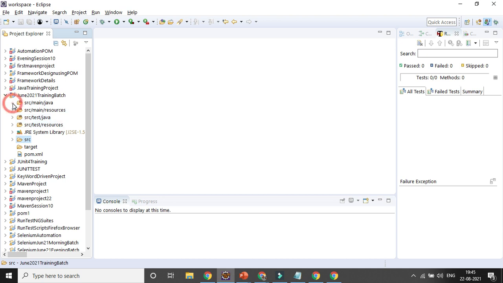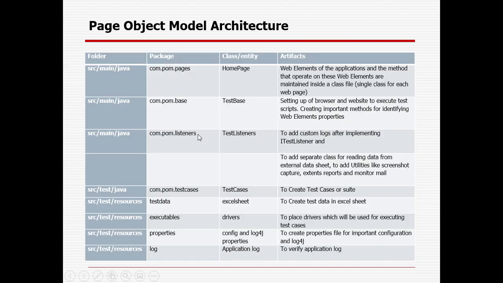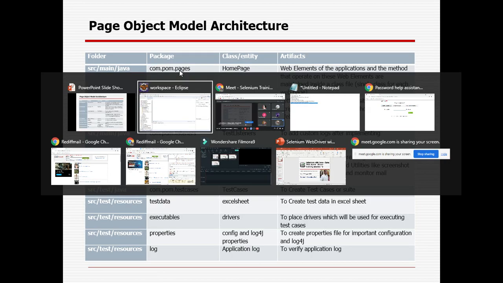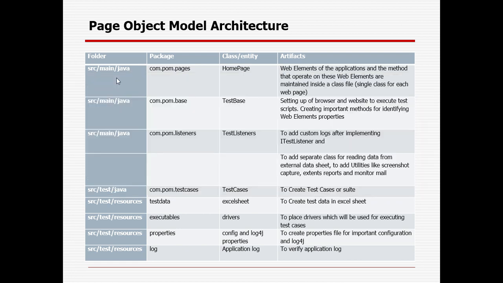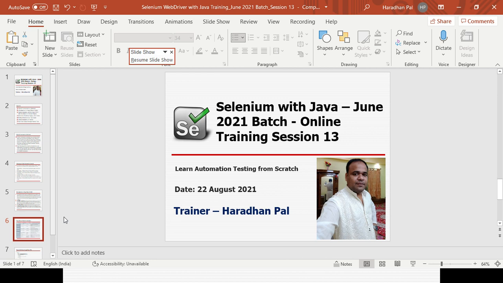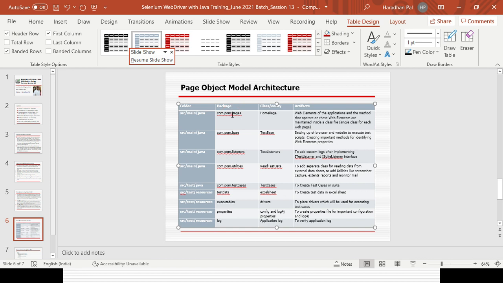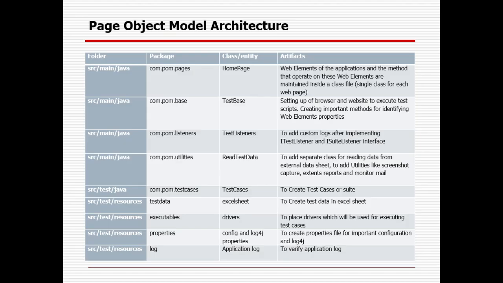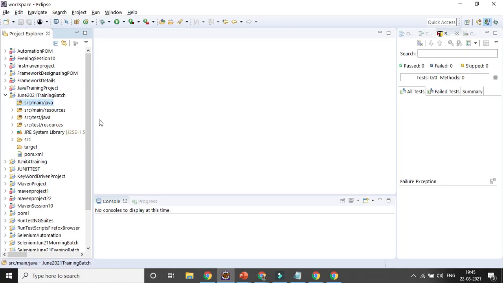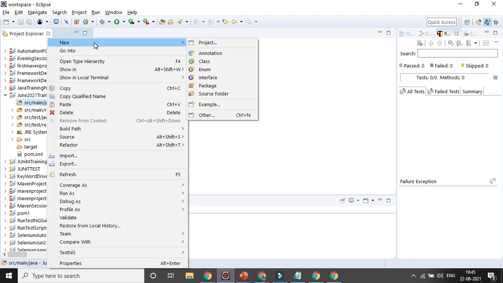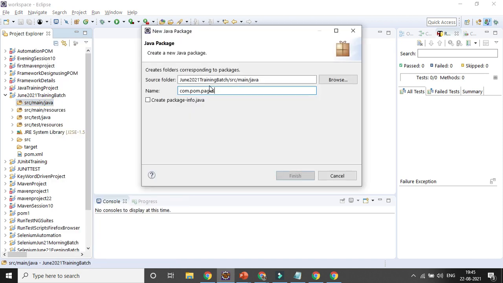In the SRC main Java, I will be creating 4 different packages, based on the table I have given here. So let's create the packages first. Okay, so utilities part was removed, right? So these are the 4 packages I will create first. Just select that folder here. So that's how you can create your framework from scratch. Select the folder SRC main Java. You need to remember, in the SRC main Java folder, you will create everything apart from your test cases. So I will be creating one for pages where I will be capturing all the page details,